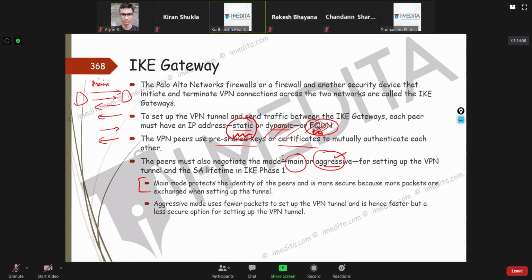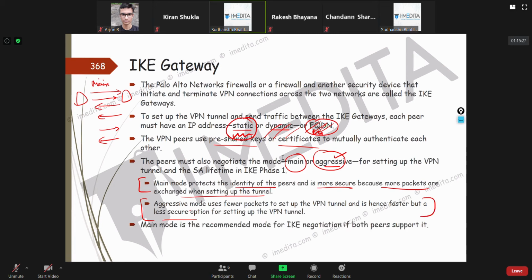Main mode protects the identity of peers and is more secure because more packets are exchanged when setting up a tunnel. Compared to that, in aggressive mode you send a lot of things in one message, so obviously fewer messages are sent. So it's faster, but at the same time, it's a less secure option.